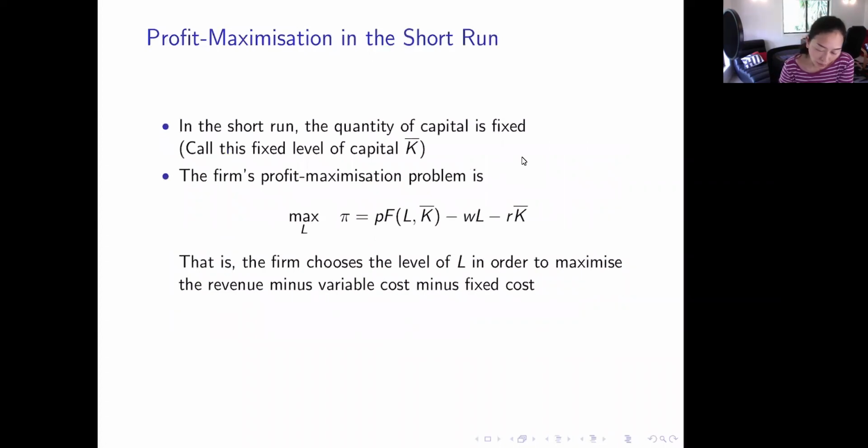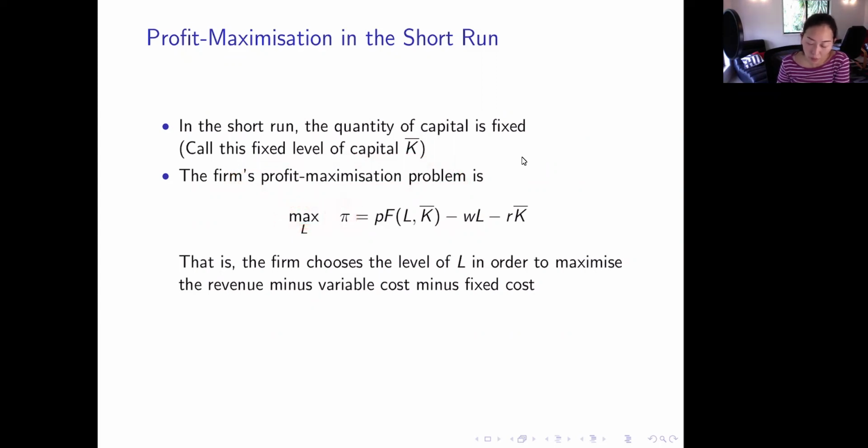So we start with the short run. We have a very basic production function consisting of only two input variables, L and K. In the short run, one of these has to be fixed, so let's assume K is fixed. So K cannot be changed. Therefore, we have to set up the profit maximization problem, where we want to find the maximum value of profit,